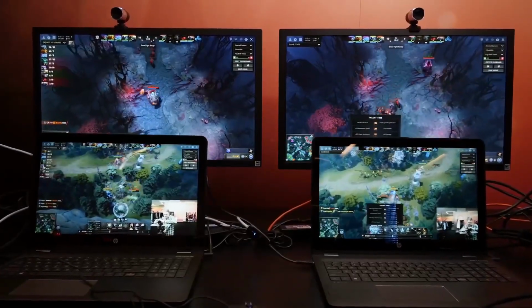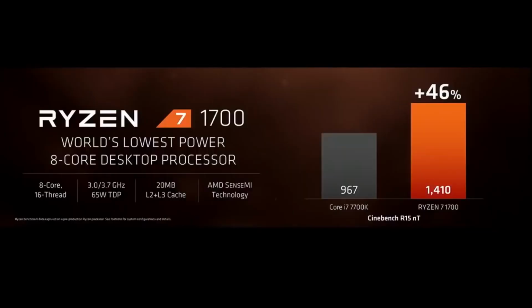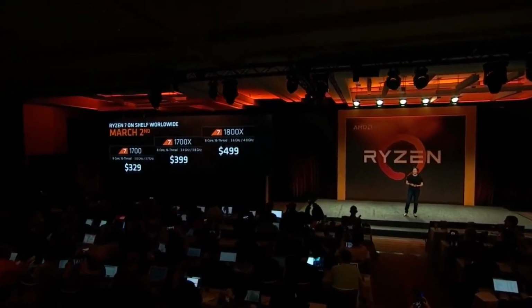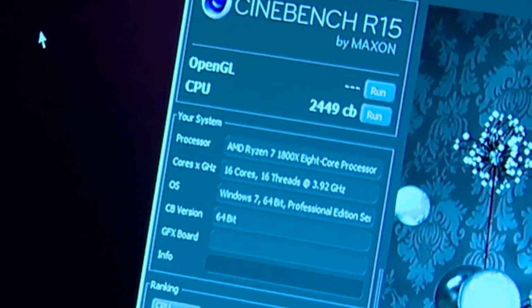Thus, we brought to light the smaller sibling of the first-gen Ryzen processors, the R7 1700, a CPU well praised by the tech community back in 2017 as a true champion of price-to-performance ratio. Despite its lower thermal design power and humble stock frequency, the 8-core 16-thread processor has exactly the same architecture design as the pricier Ryzen 7 1800X and 1700X. And with a quick and easy overclock, the R7 1700 is able to catch or even outperform, in some cases,